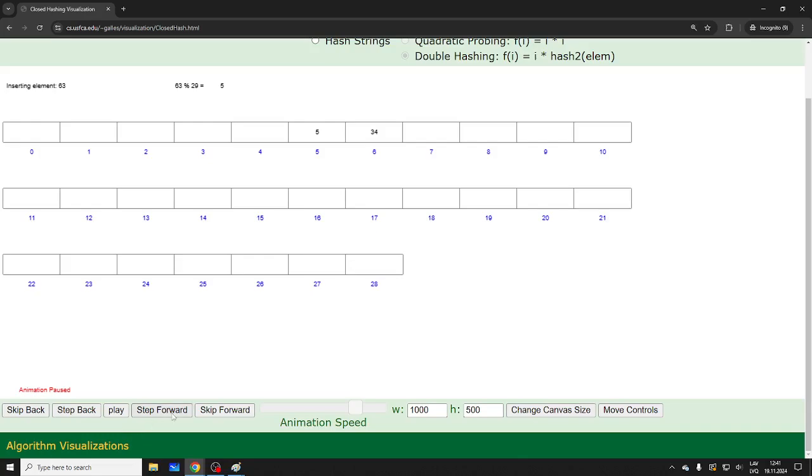63 on 7. Instead of getting 4 as with quadratic, you get 7 basically, and it spreads things out even nicer. And again, double hashing is, I think, used by most production grade hash tables. There's been some heavy math behind it.